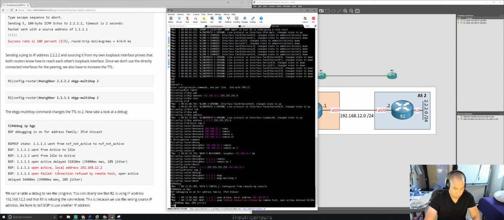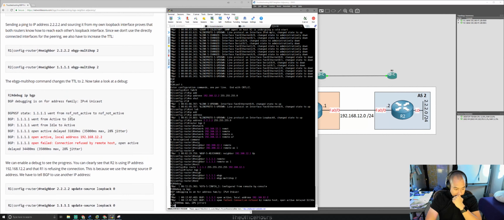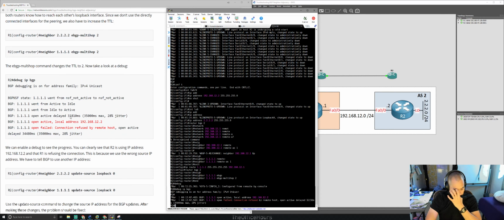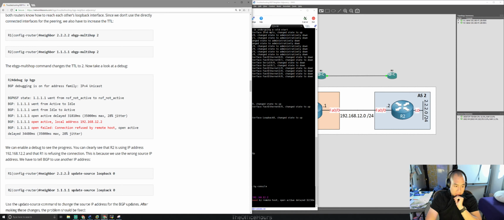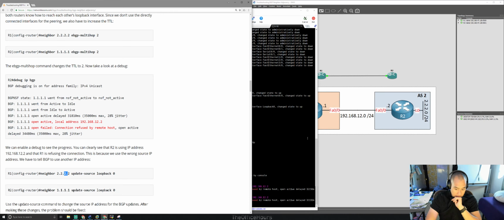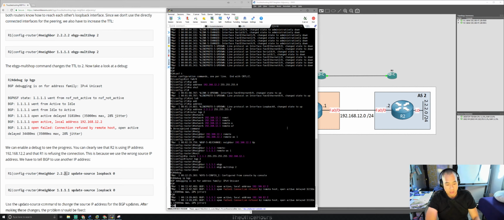Exactly, getting the same messages. Okay, it's because it's going to see it coming from 192.168.12.2. Alright, in that case,